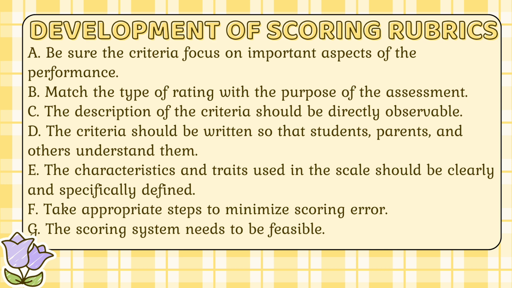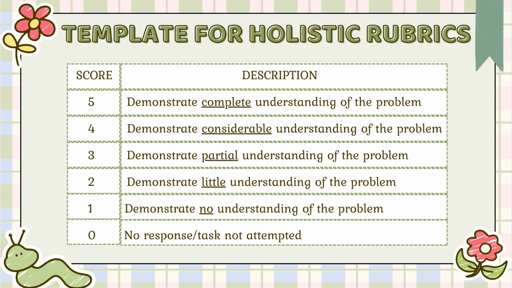F. Take appropriate steps to minimize scoring error. Make sure that the scoring system is objective and reliable and errors should be avoided. G. The scoring system needs to be feasible. It should be workable. The template presented can be modified depending on the performance task that the student should be